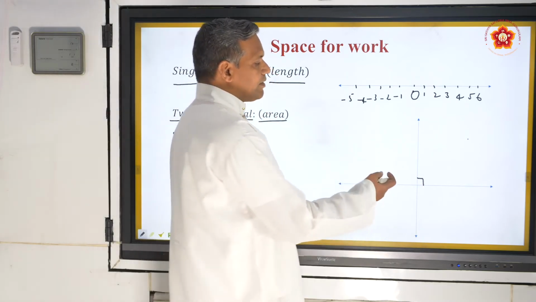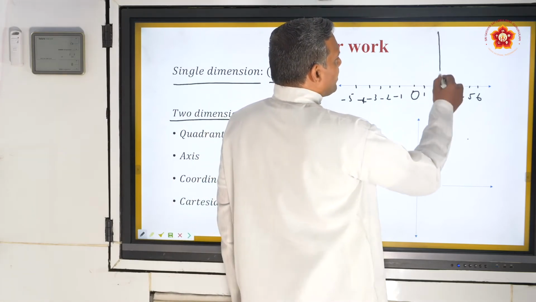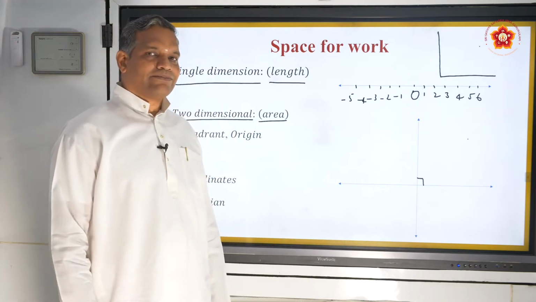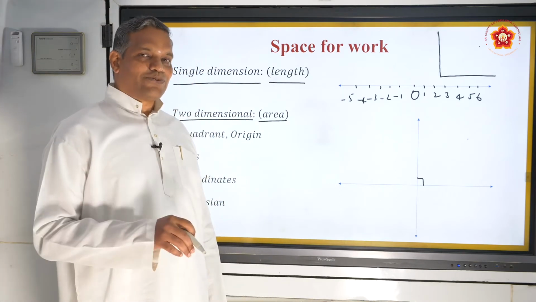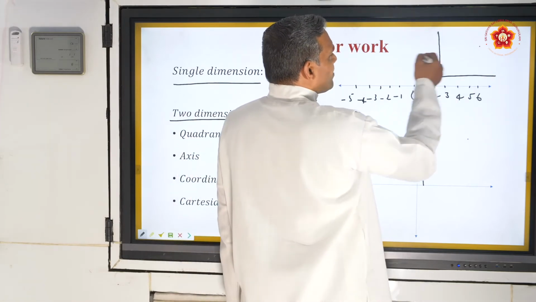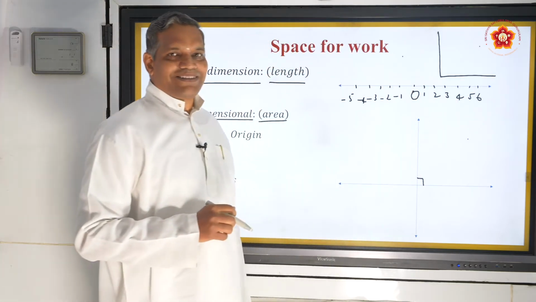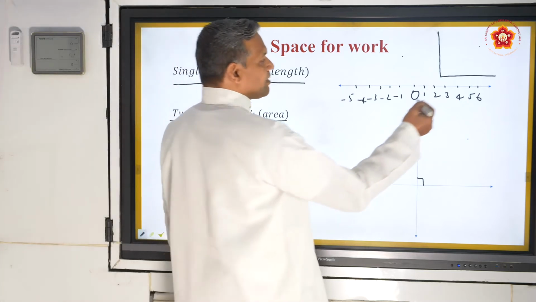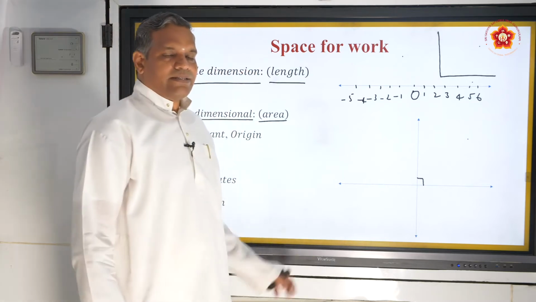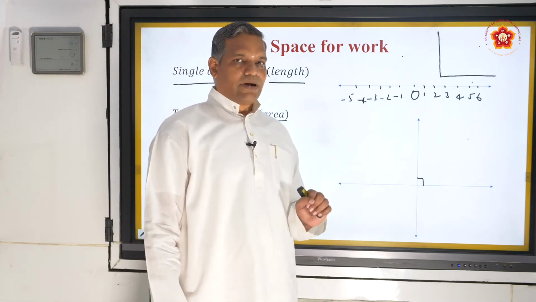For example, you may get a doubt: why can't we take a plane like this? Because this is sufficient to locate the point on a plane. But think, a smarter student than you will ask, what if the entire thing is a plane, and I get a point here, how do I calculate that? And what if I get a point here? So that is the reason I am taking perpendicular lines. Anywhere in the plane, I can locate a point.